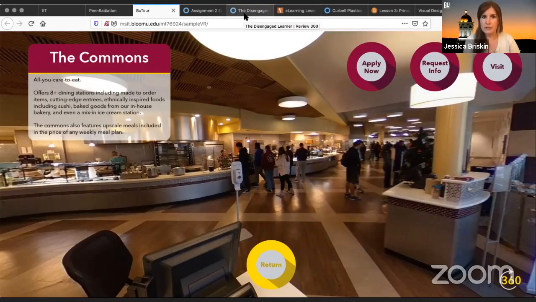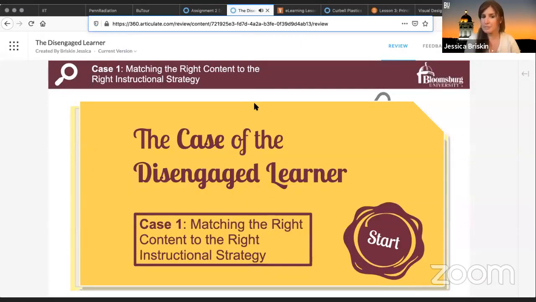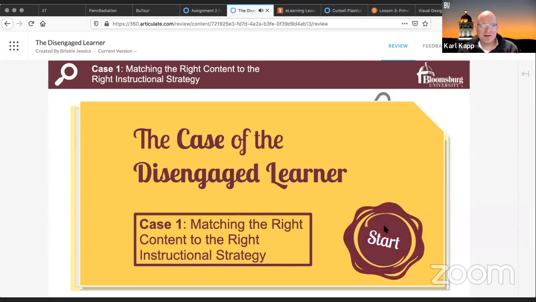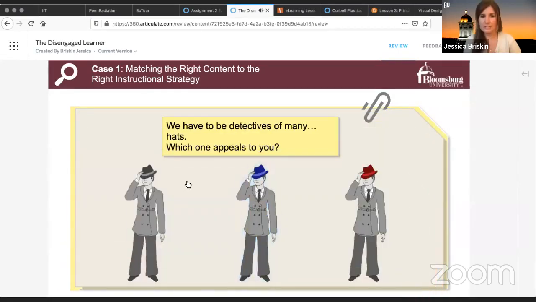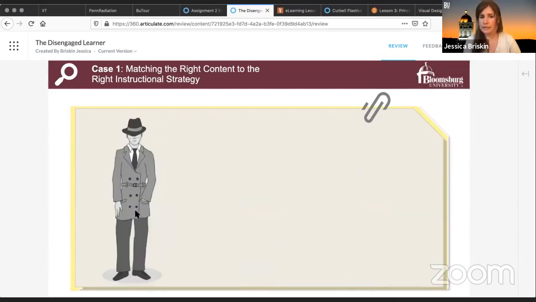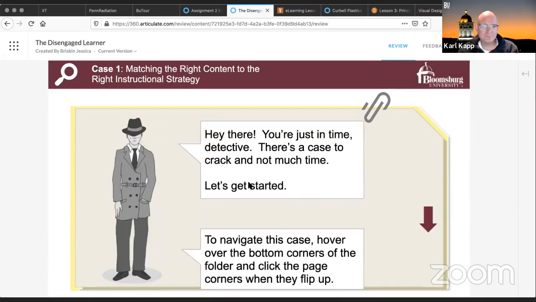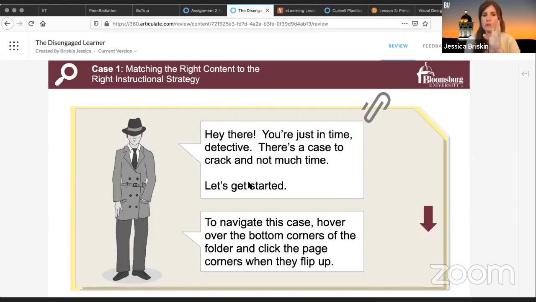Another project was actually for one of Dr. Kopp's courses. So maybe I'll let you go into this in a little more detail. But this was, I believe, for your gamification course. Yeah, I actually use it in instructional design and gamification. So I'll just click through here. There's avatars. Again, this is using Storyline. And then this was developed by some of our students who also did all the graphics, correct me if I'm wrong. And they created this neat little look.